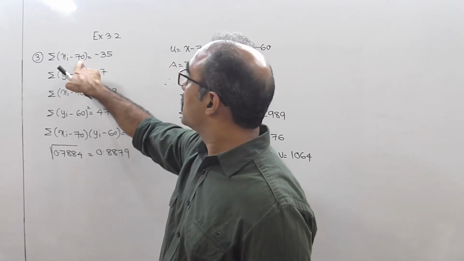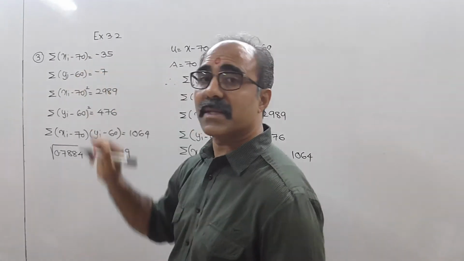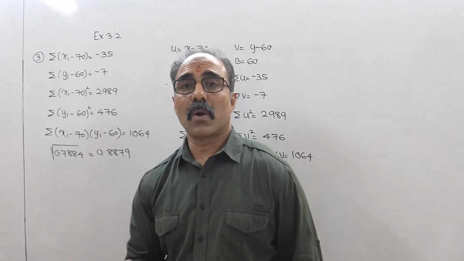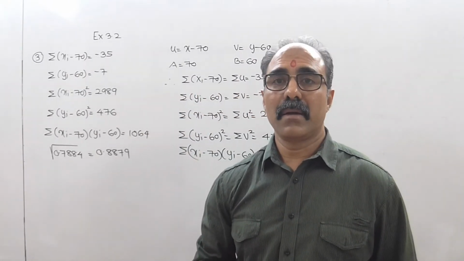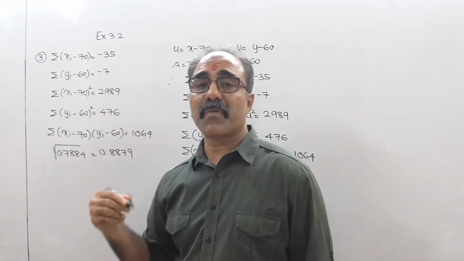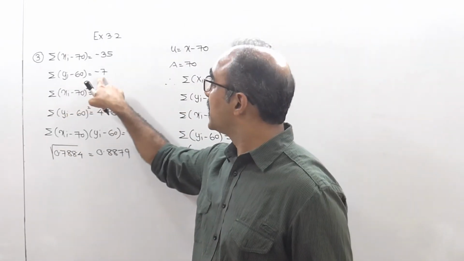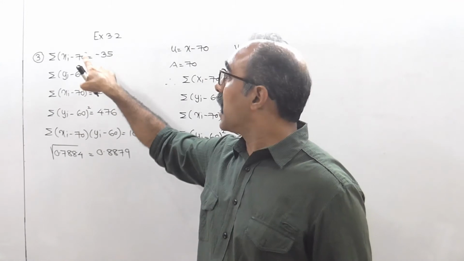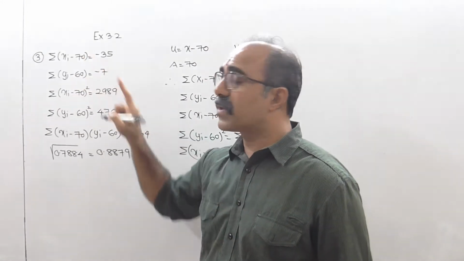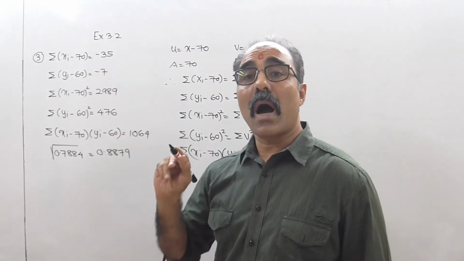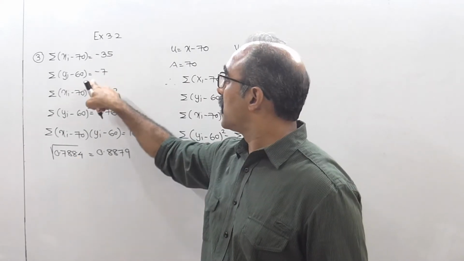तो यह नॉट जीरो है, यानी कि इसका मतलब है कि 70 is a rounded off mean. Rounded off mean means a, और 60 is a rounded off mean of the y series. Mean 60 point कुछ आएगा, उसको राउंड ऑफ करके 60 करेंगे, इसके लिए उसका टोटल जीरो नहीं आता. अगर x bar और y bar 70 और 60 रहता था तो 100% this total would have been zero.